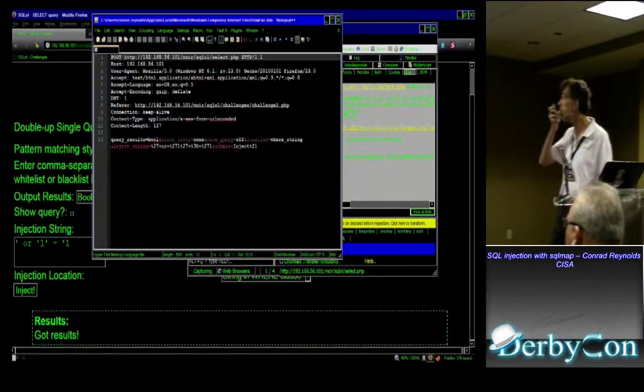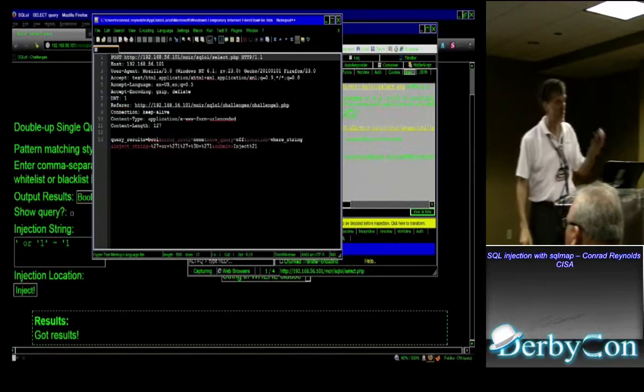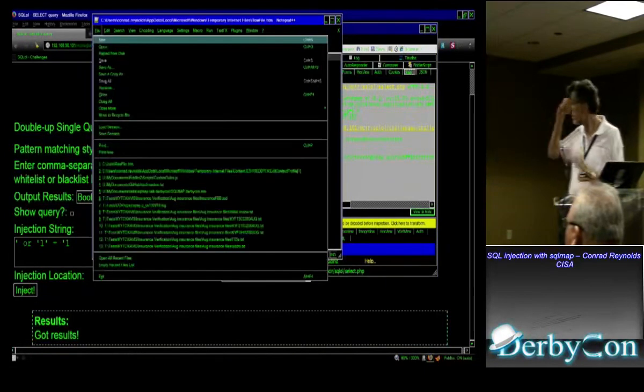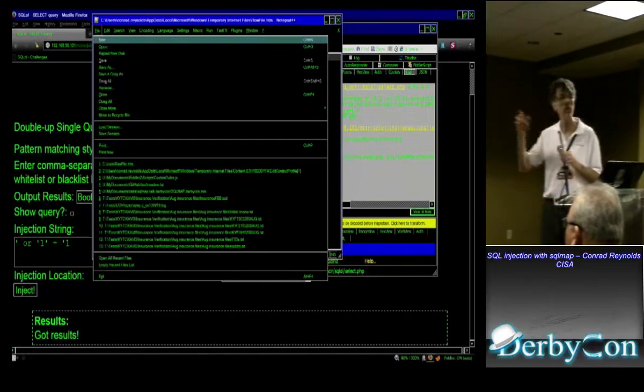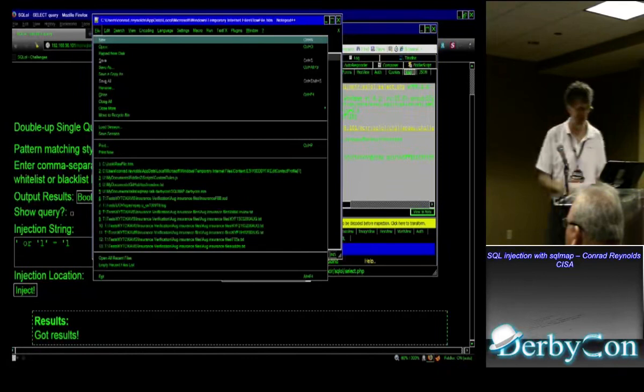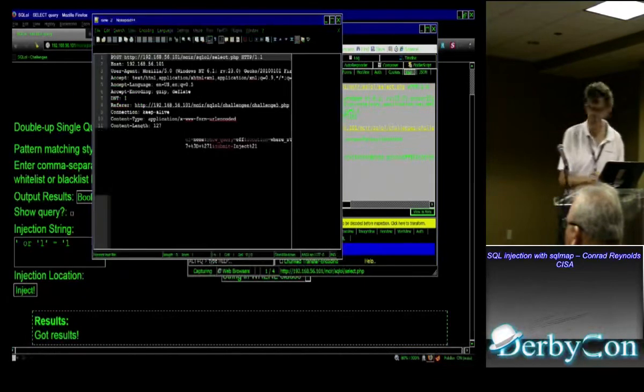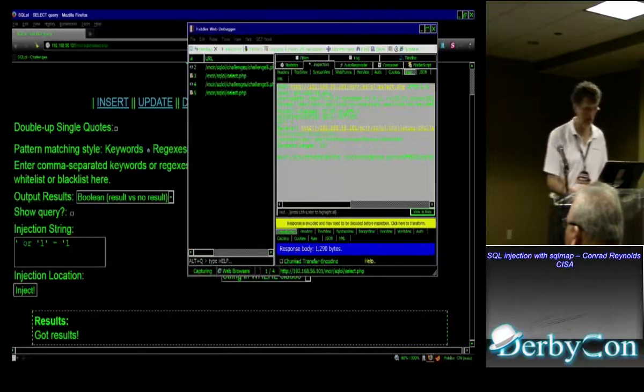So what we would do is we would take this post request, and that print's too small even for me to read. So we would do a save as, and we would save that as a file. And then once that was done, we could then come back